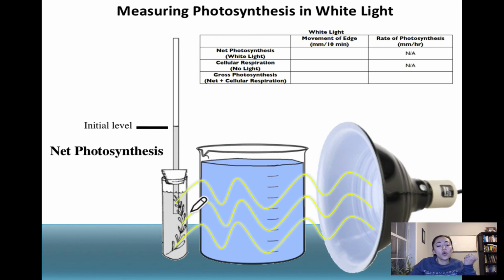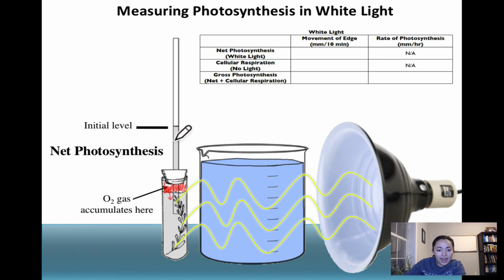And what you will observe is that the plant, remember, the plant's taking in carbon dioxide, but it's taking carbon dioxide in from the solution. All that carbon dioxide is staying in that solution. And it's taking carbon dioxide, but it's also releasing oxygen gas. The oxygen gas is going to accumulate in this airspace here, because the oxygen gas does not stay in the solution. And as the oxygen gas starts to accumulate more and more, it's going to push this sodium bicarbonate solution